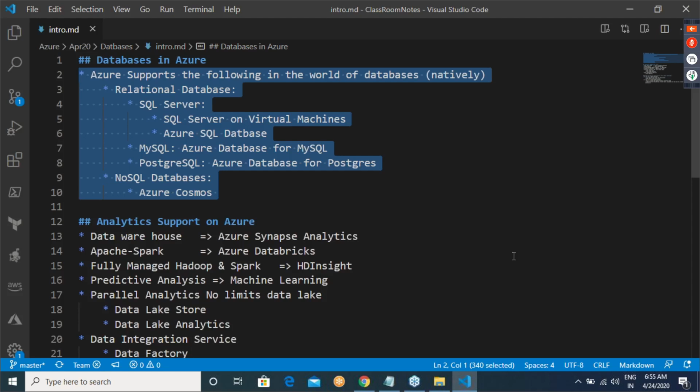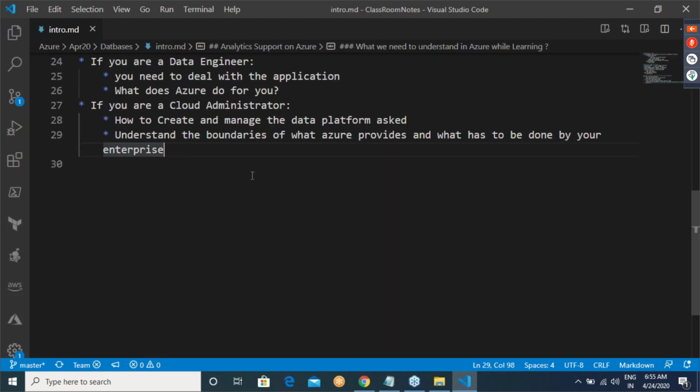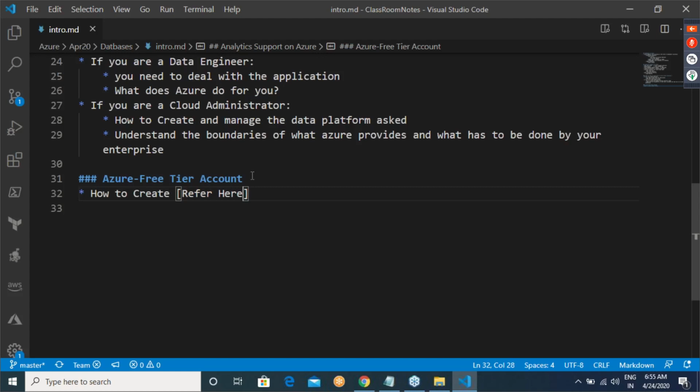And for doing all of this, I might repeat this again and again: you need an Azure free tier account. How to create one? I am giving a link over here. Go through that.